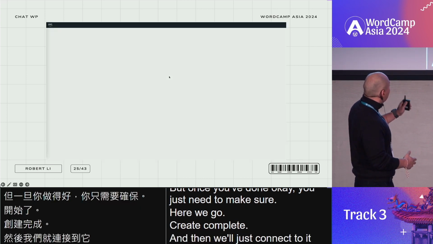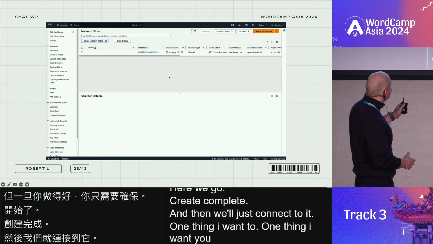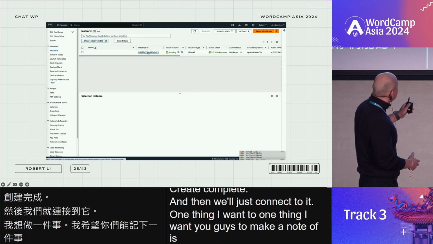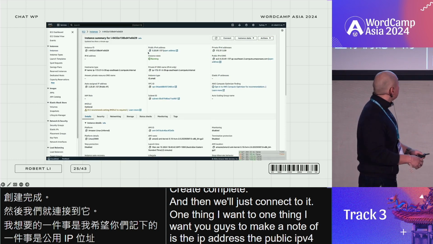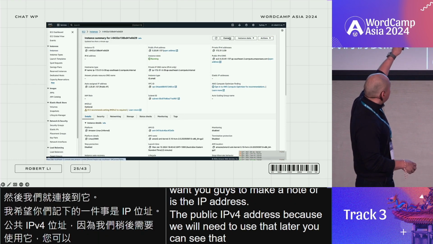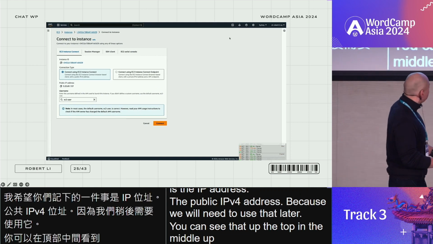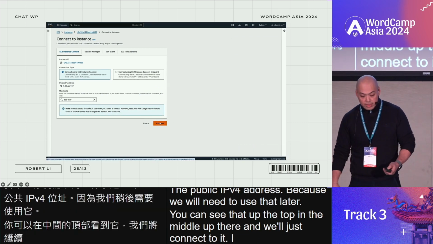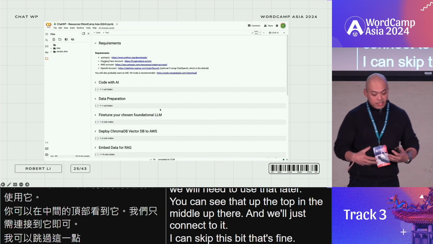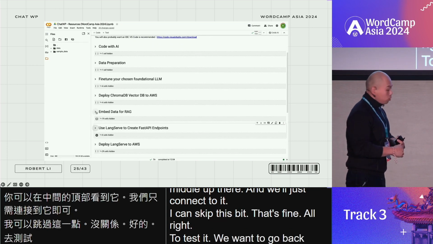One thing I want you guys to make a note of is the IP address, the public IPv4 address, because we will need to use that later. You can see that up the top in the middle up there. And we'll just connect to it. I can skip this bit, that's fine. All right, to test it, we want to go back to the Colab notebook,